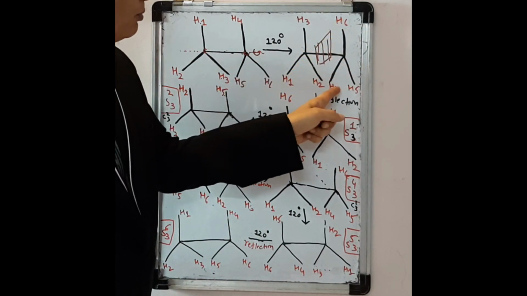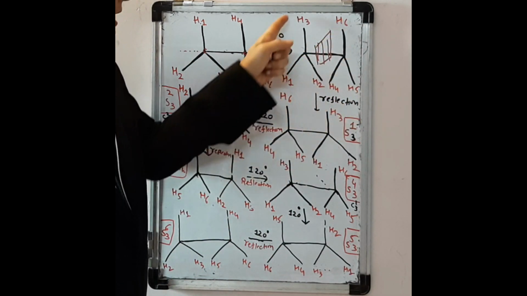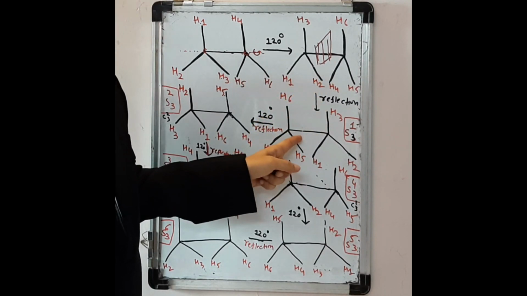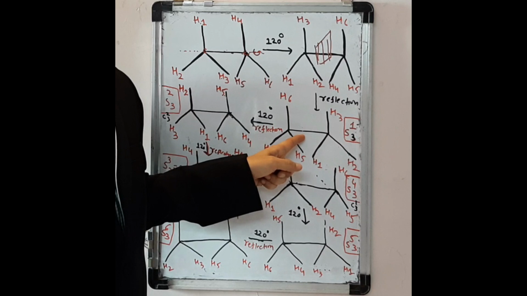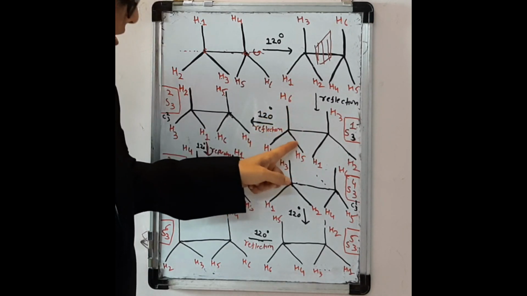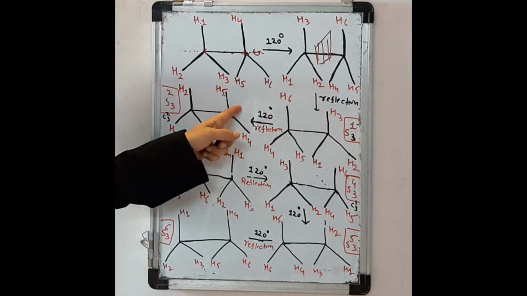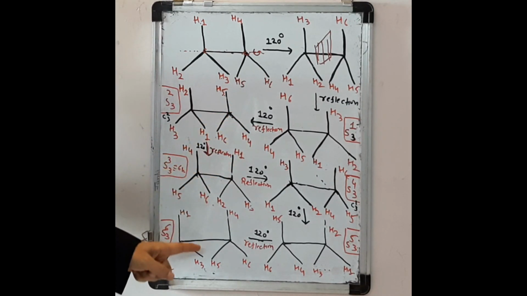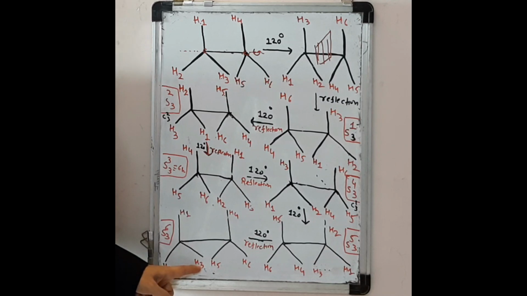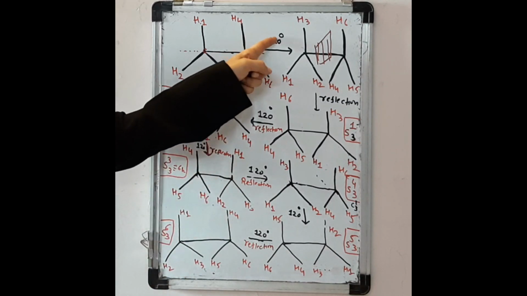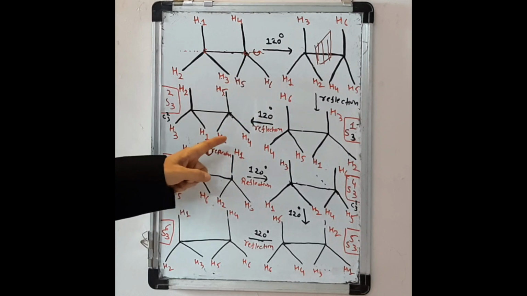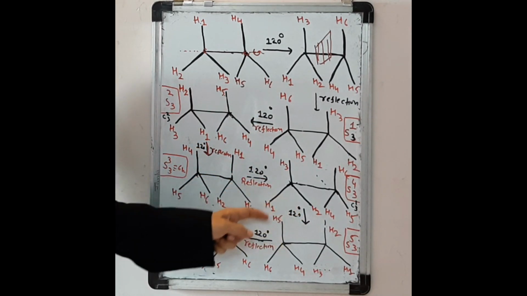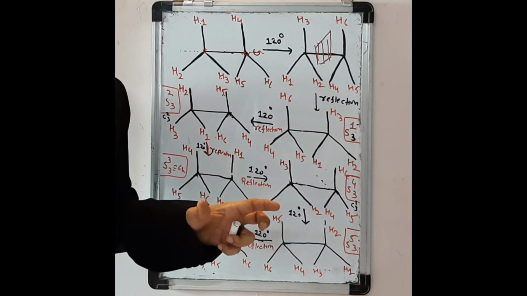So, H6, H4 and H5 are reflected to H3, H1 and H2. So, you will get an equivalent configuration. Another 5 rotations by 120 degrees, each followed by reflection, bring the molecule into the original configuration. So, a total of 5 rotations, 1, 2, 3, 4, 5, followed by reflection are required to get the original configuration.